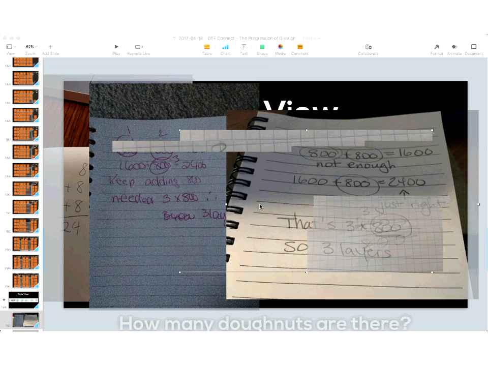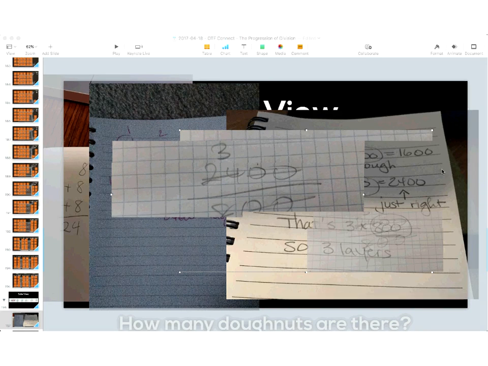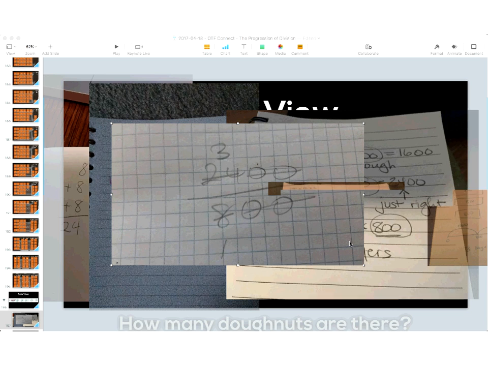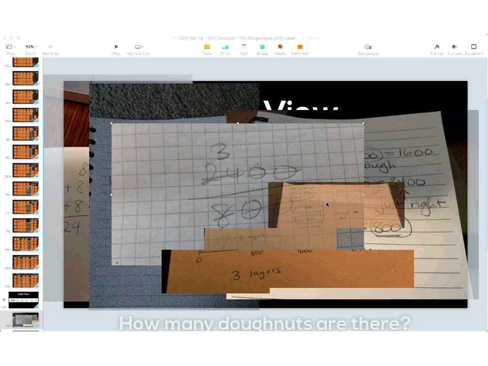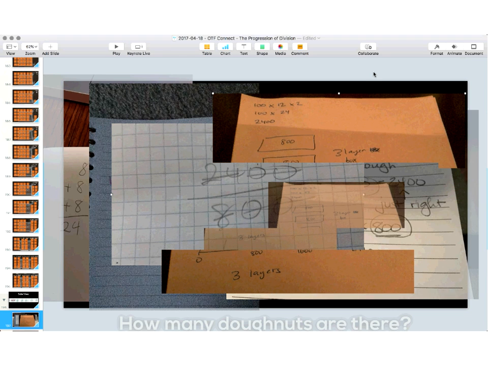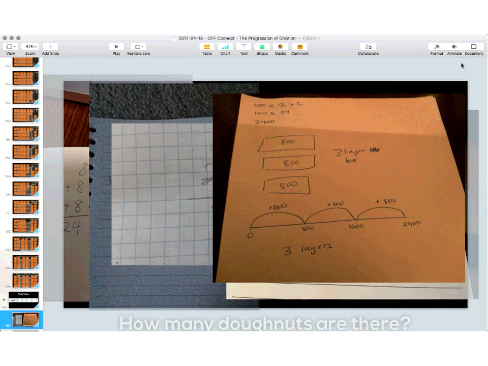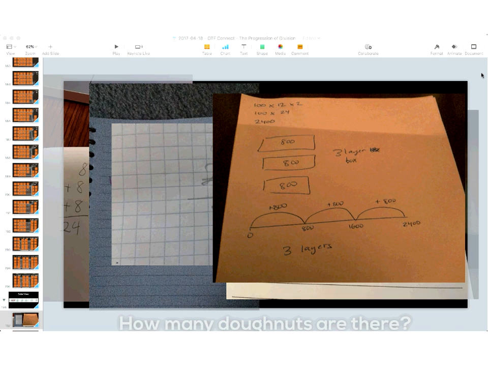Oh, so some interesting work with some of our math facts as well. So here's another nice one. Oh, this one's pretty cool. I'm big on number lines right now, so thanks for sharing this one. We've got 800. We're doing 800 jumps, which is kind of cool to see as well. So awesome work all around. Thanks so much to everyone for sharing the different strategies.